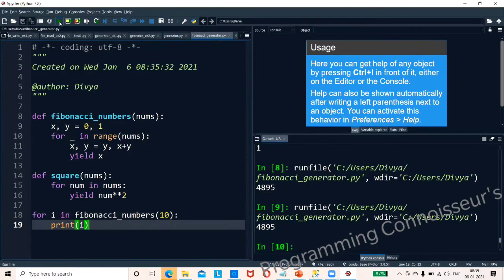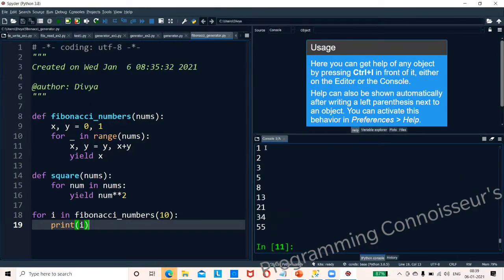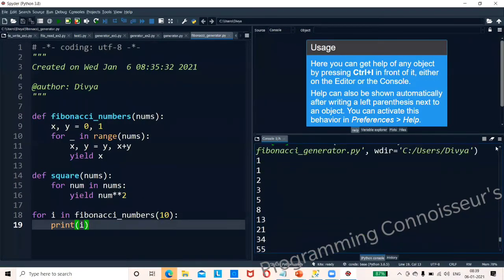Runtime. So now what is happening? One after another, like 1 plus 1, 2 plus 1, 2 plus 1, 3 plus 5, like that it is coming.